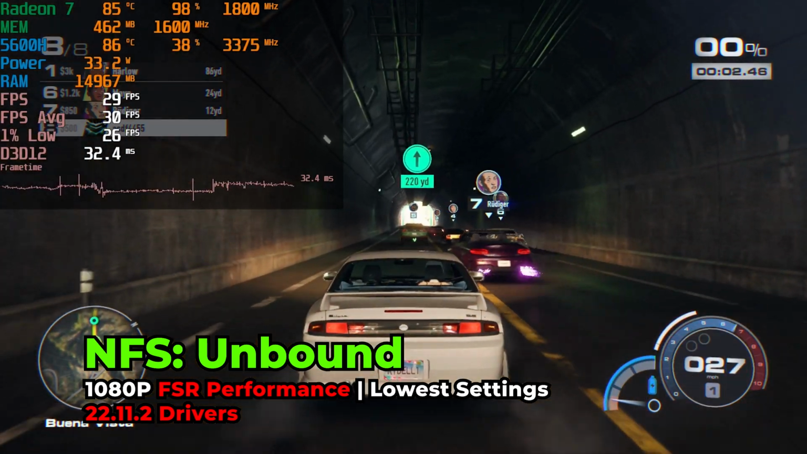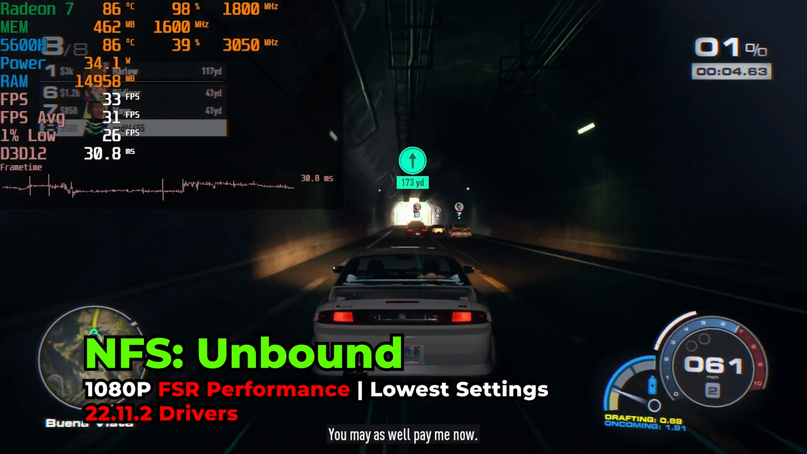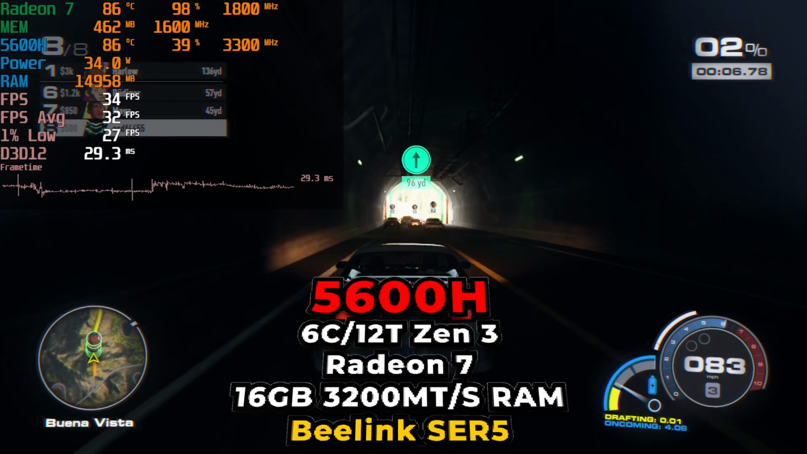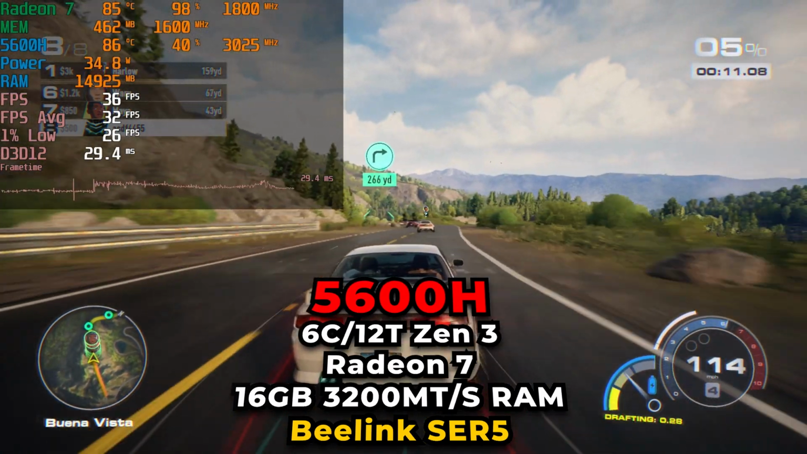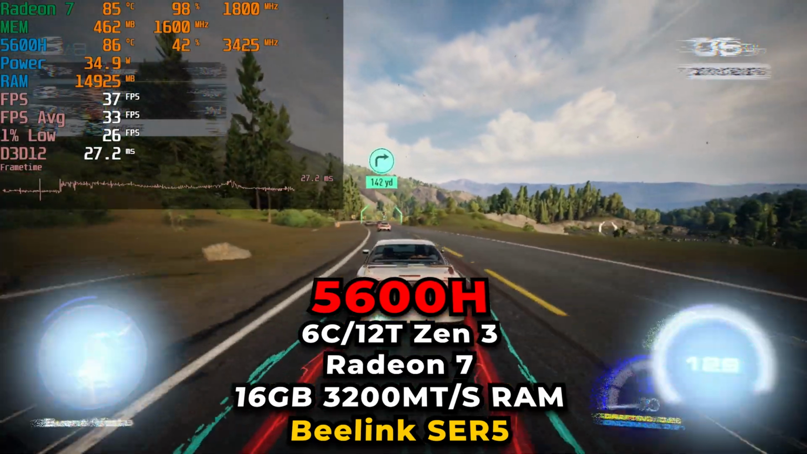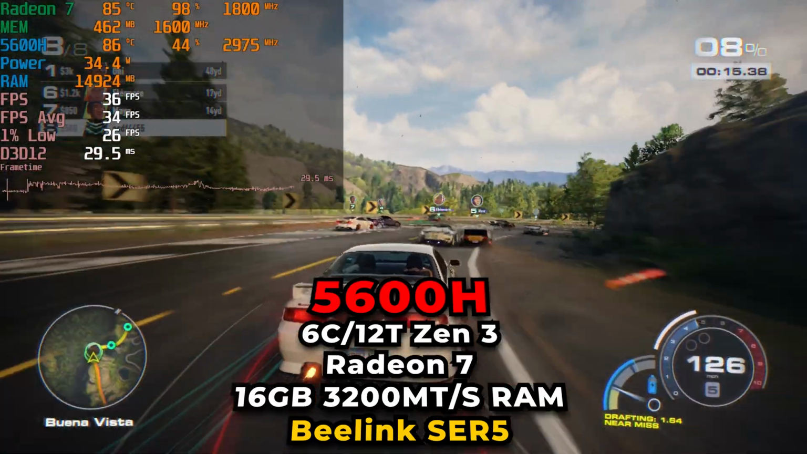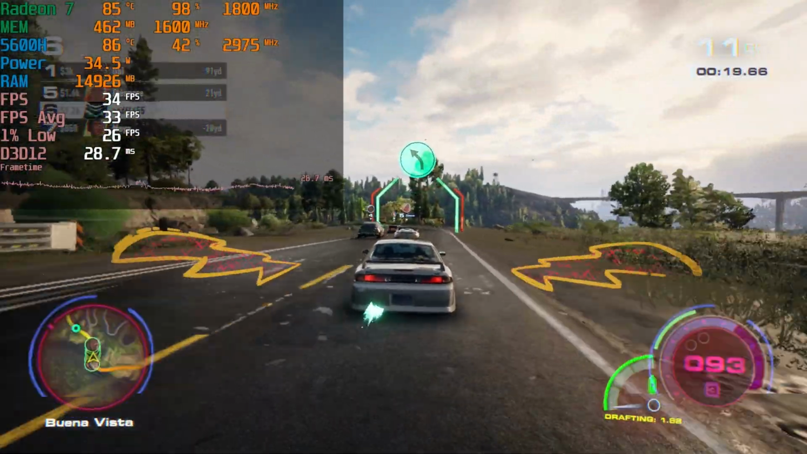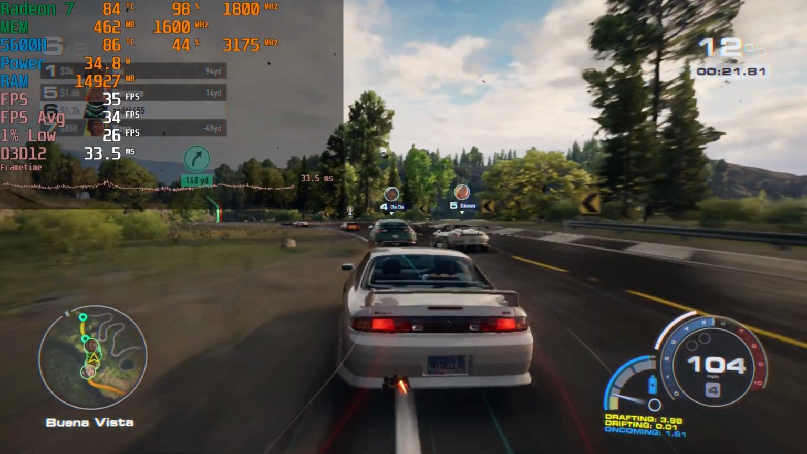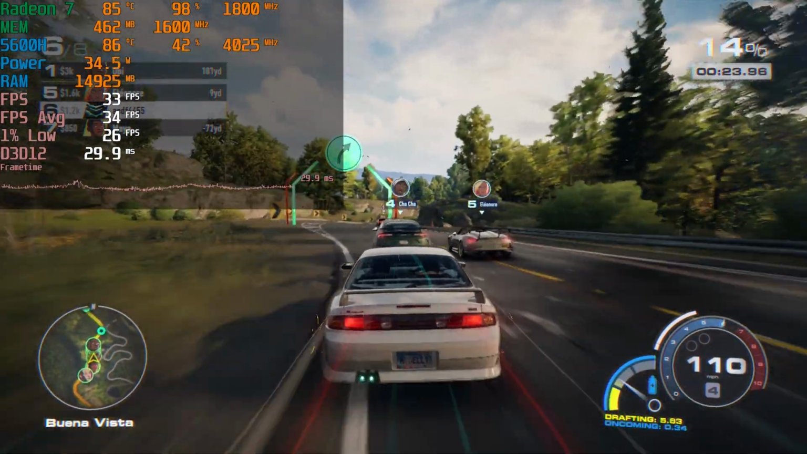Hey there guys, we're taking a look at Need for Speed Unbound running on the AMD Ryzen 5 5600H. Now the game we're looking at currently right now is running at the lowest in-game graphics settings, and we are using FSR 2.0 set to the performance preset. Now with these specific settings, we're looking at pretty much a slightly above 30 FPS throughout most of the gaming